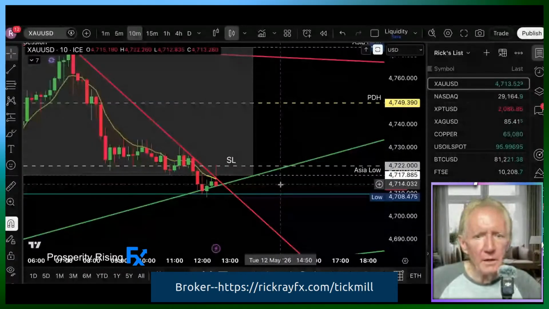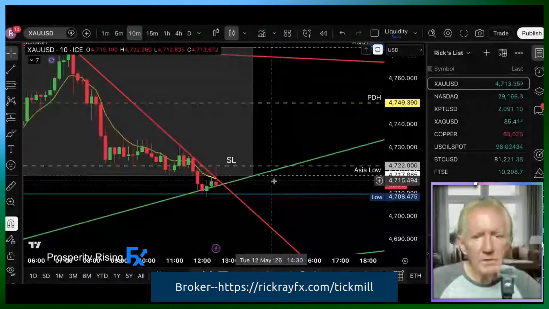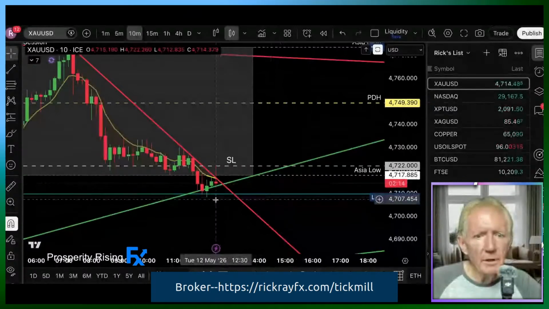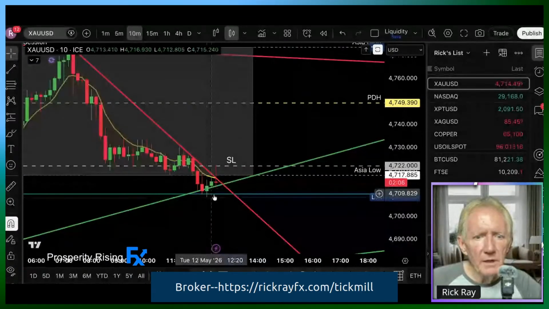But even what we're seeing here, I will confirm with you guys, this is not a typical Tokyo lunch run, not at all. With these small candles like this, it is not a typical Tokyo lunch run. And it might come down to the pivot point again and then bounce away from that again.